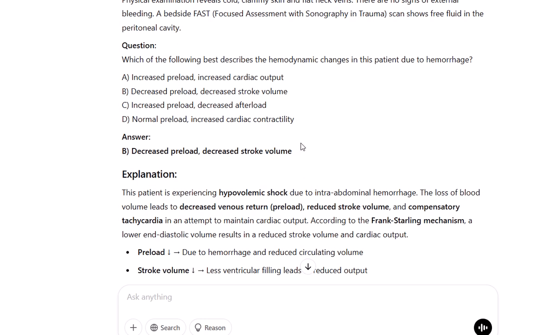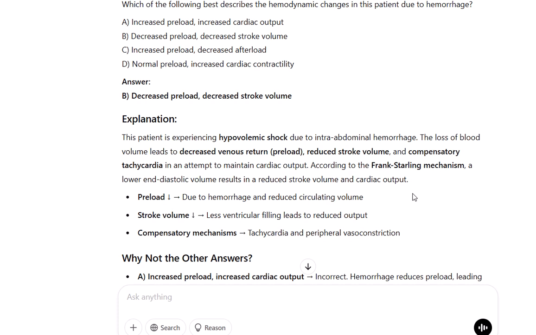Explanation: This patient is experiencing hypovolemic shock due to intra-abdominal hemorrhage. The loss of blood volume leads to decreased venous return and preload, reduced stroke volume, and compensatory tachycardia in an attempt to maintain cardiac output. According to the Frank-Starling mechanism, a lower end-diastolic volume results in a reduced stroke volume